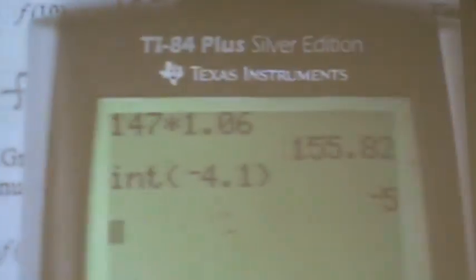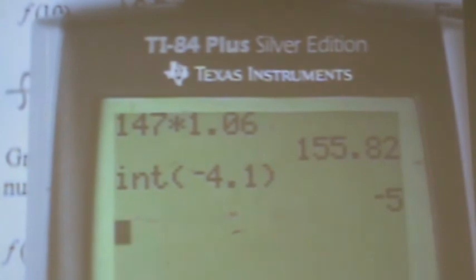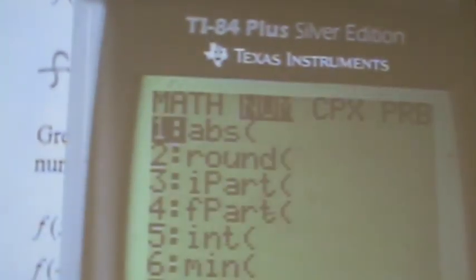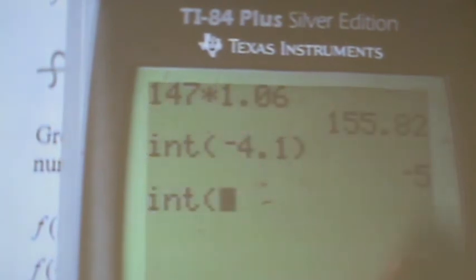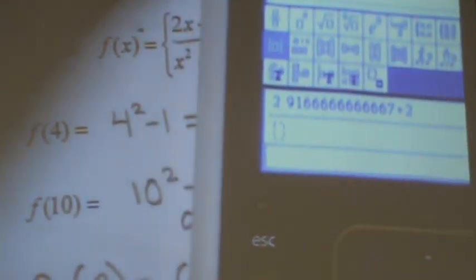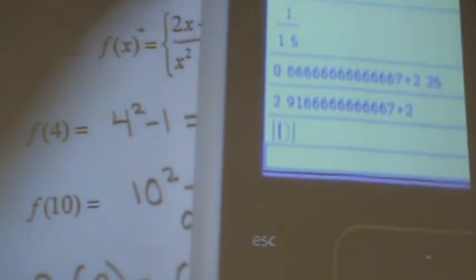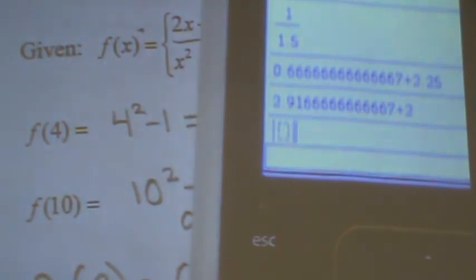But on the 83s, what you do is you hit math, num, and find int. It doesn't round for you. It's by the parentheses, right above it. But it doesn't solve it for you. It says like 10.9. Okay, well, I'll find it. That's the absolute value. Can you hit the, so your homework